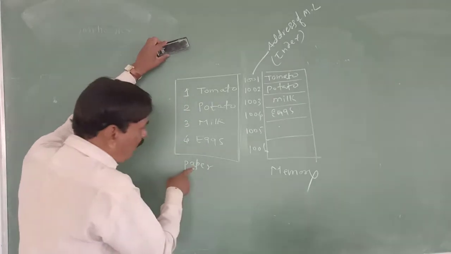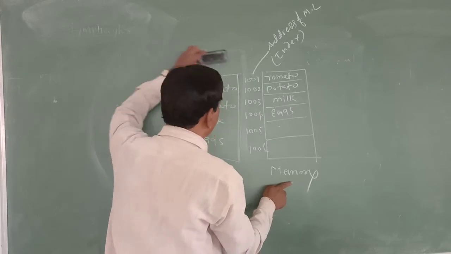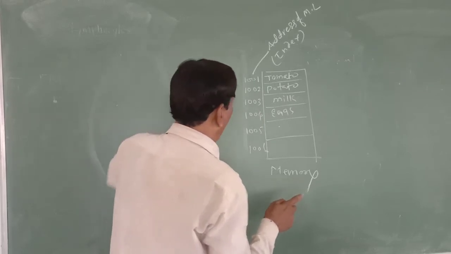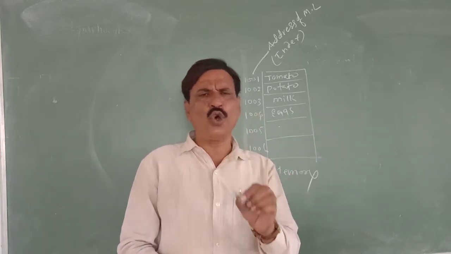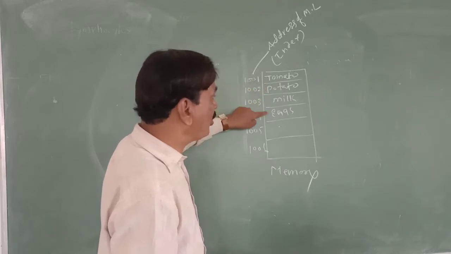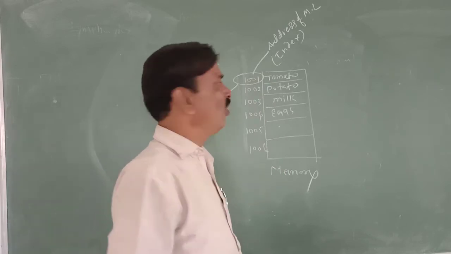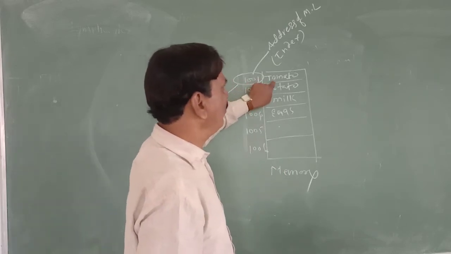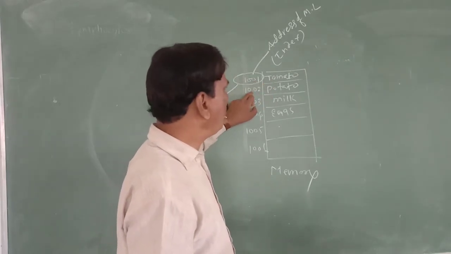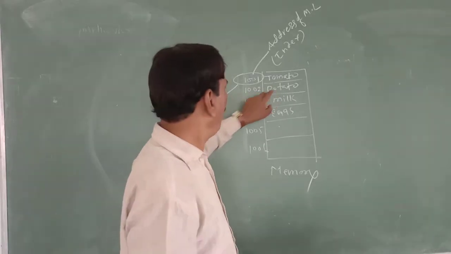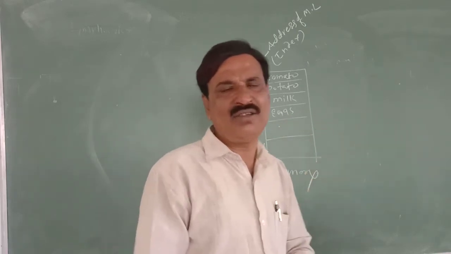So just as the list was prepared on plain paper, similarly the list is prepared in computer's memory. What we have done to prepare the list in computer's memory: simply store the elements in contiguous memory locations and remember the address of only the first element. So 1001 is the address of the first element, where there is tomato. Increment the address, it becomes 1002, the address where there is potato. 1003 has milk. Adding one more, 1004 has eggs.